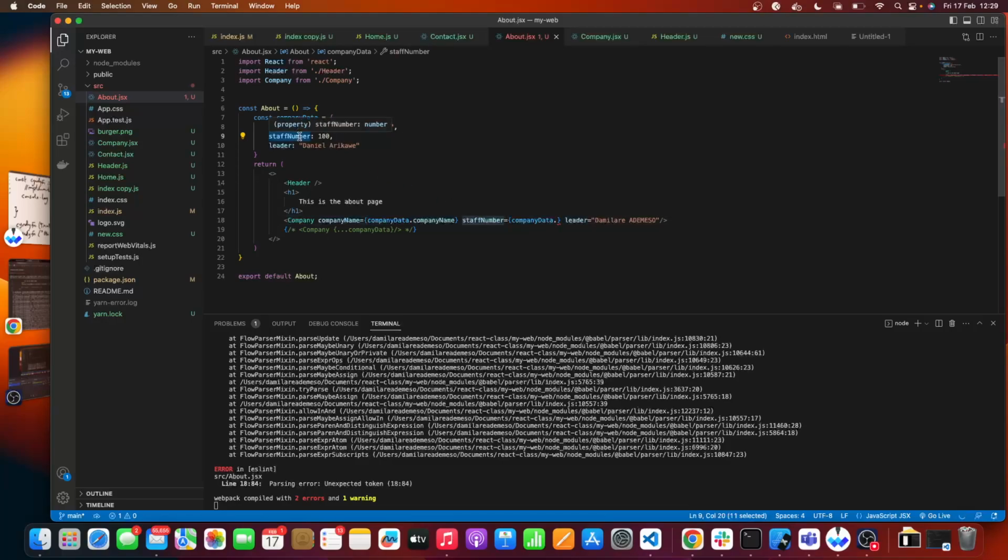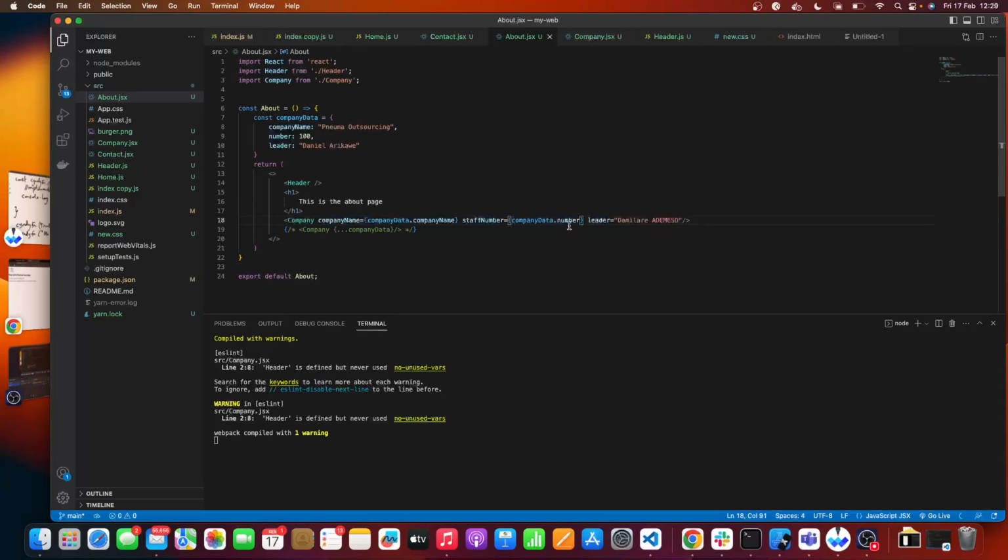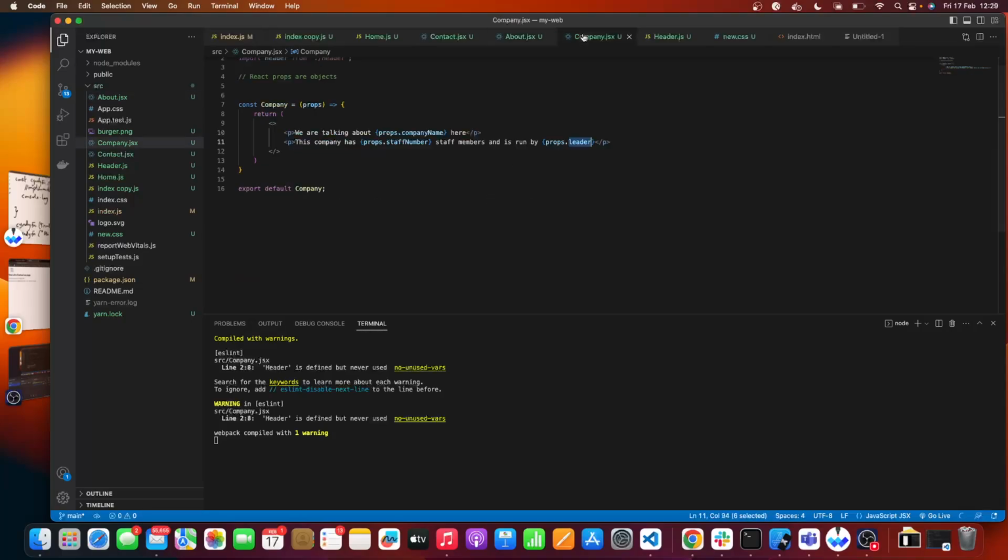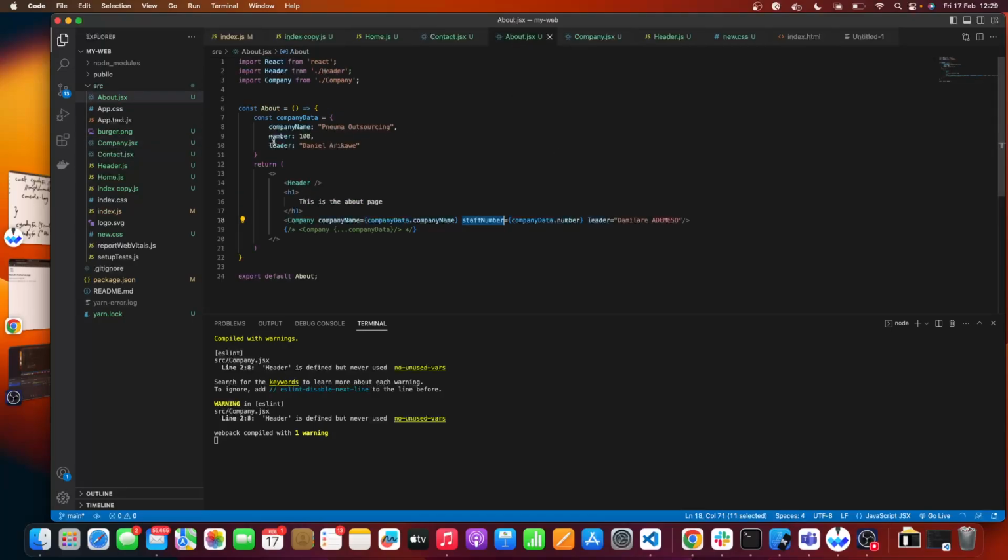It can be any number. Instead of saying staff number, you can call it number. But when you come here, you still say company data dot number. You get? So it will be assigning whatever you have here to the props that you have named staff number. So it's this one that must not change, because that is what it is expecting here. But what you are assigning to it can change, can be any key. In fact, can be dot dog, company data dot dog. You get? You assign it to the staff number, right? Okay, then